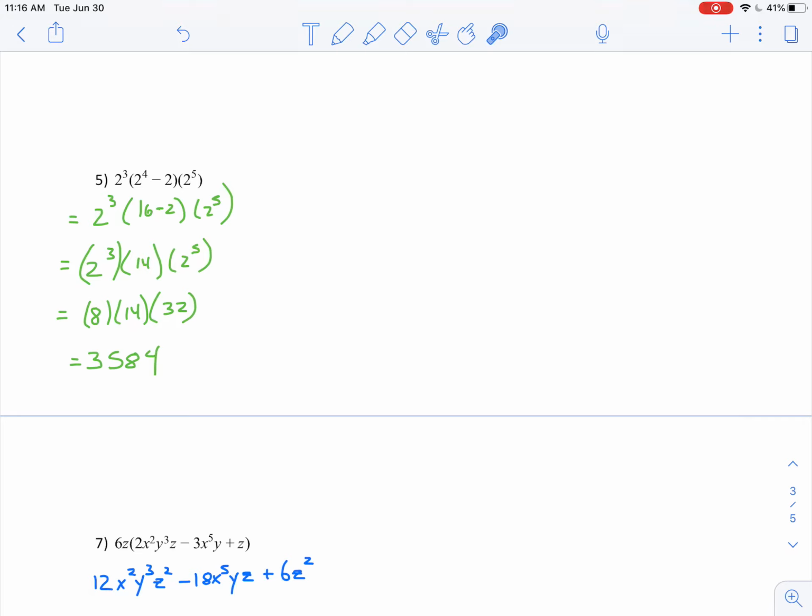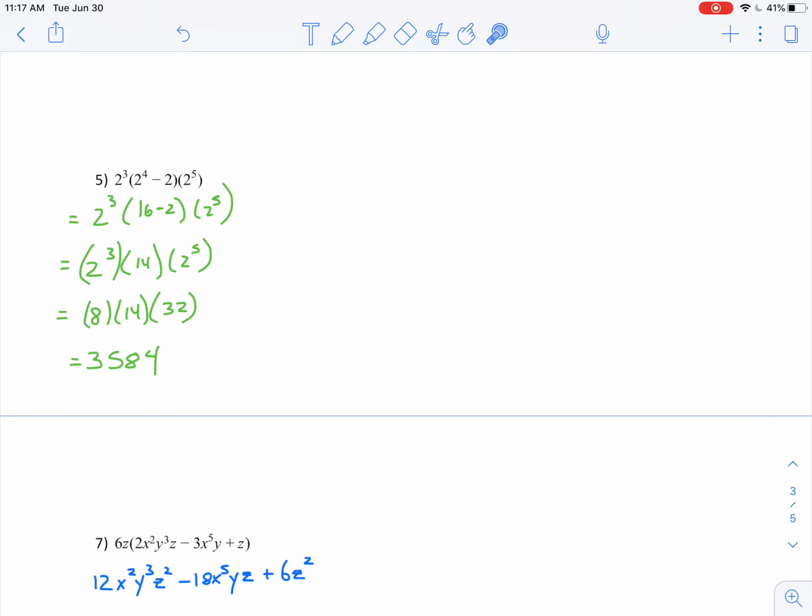So 2 to the power 3 multiplied by 2 to the power 4 minus 2 multiplied by 2 to the power 5. Okay, there's a lot going on here. But what we can do is the actual math and evaluation. So I can take 2 and raise it to the power 4 and get an answer, which in this case is 16. So now I have 16 minus 2. I'm doing these brackets first because I can't really do anything out here first. Now that I have 16 minus 2, which I get 14,